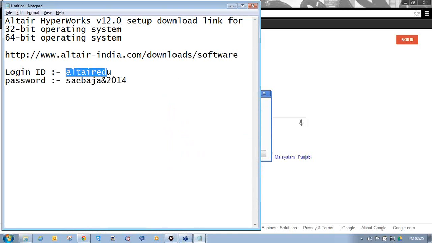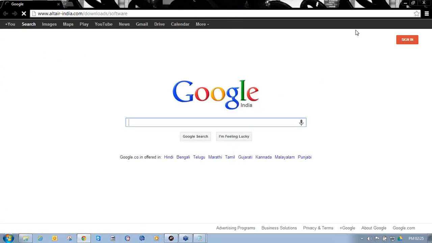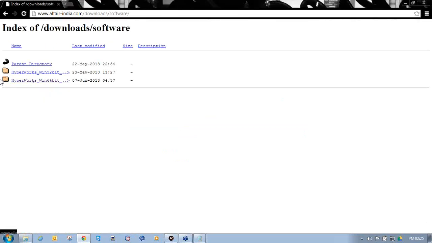Please note that you should not copy and paste this login ID and password into the username and password fields. Instead, type the username and password there. Then click on login. Once you click on login, it will show you two folders for two different operating systems.